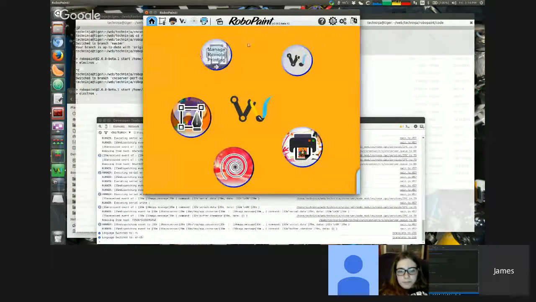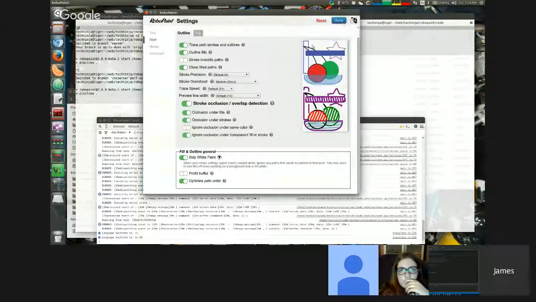So a lot of things changed in the version 2 changeover. And one of the biggest ones was we switched over to this great library called paper.js. And what this does is it allows us to abstract a lot of the difficult drawing pieces that were very tricky to do with straight SVG.